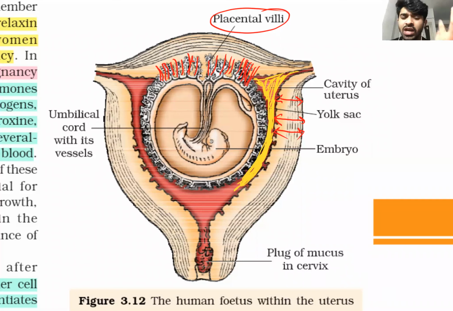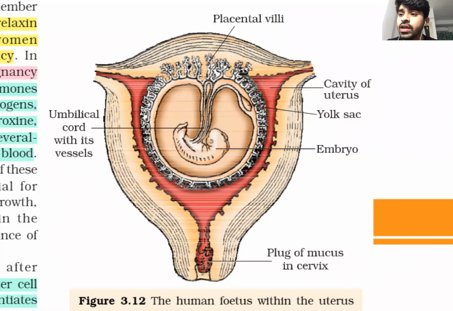Free space means a blank space. It's not a wall, it's a space. And that space is nothing but the uterine cavity, and you have to mark it in the exam. It is very, very important that it is the uterine cavity. I think you are getting this. One more thing I want to tell you right now.